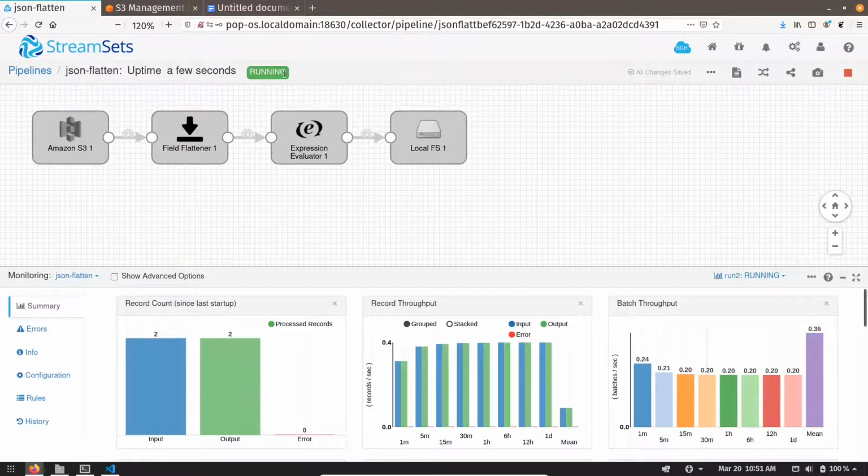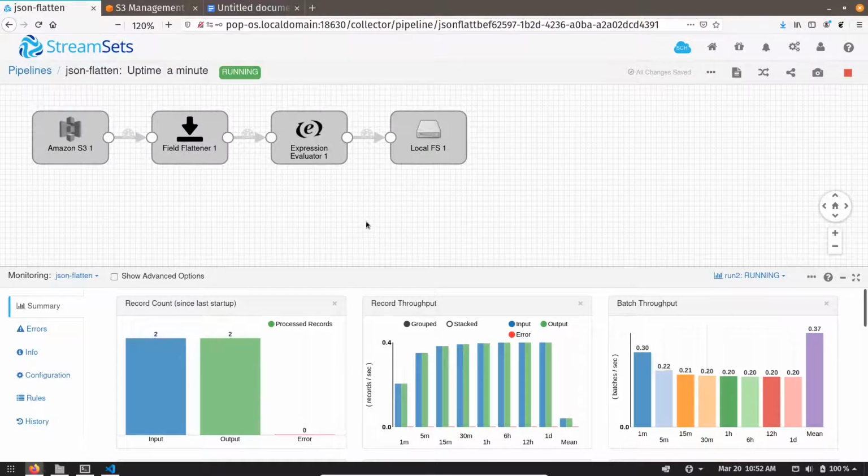In StreamSets, whatever pipeline we create is by default a streaming pipeline. To convert this streaming pipeline into a batch pipeline, we have to use a pipeline finisher, which works on a condition: whenever that condition becomes true, it will finish the pipeline.